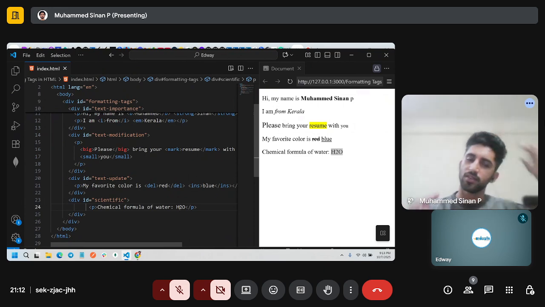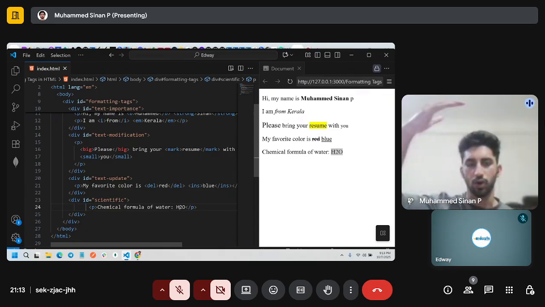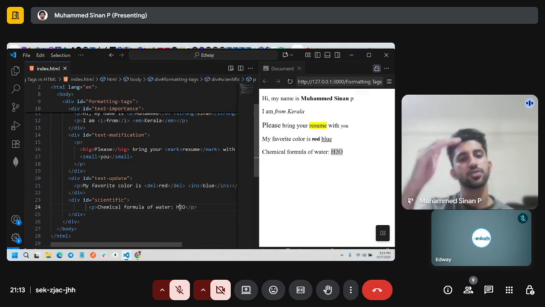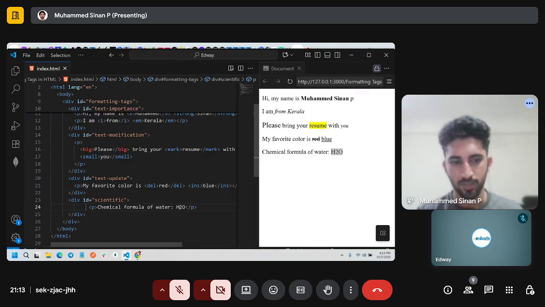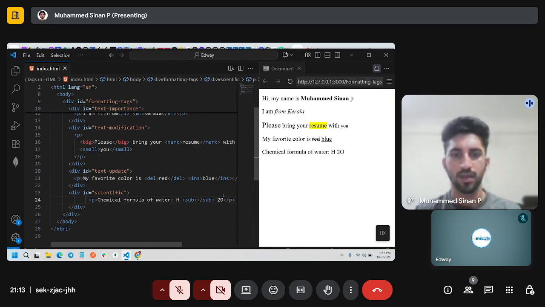So superscript will make the content on top. Subscript will be used to make the content on the downside. So if we put sub here and put the 2 inside, now you are seeing the normal H2O that you usually see, right?